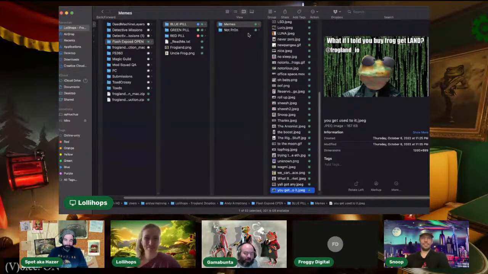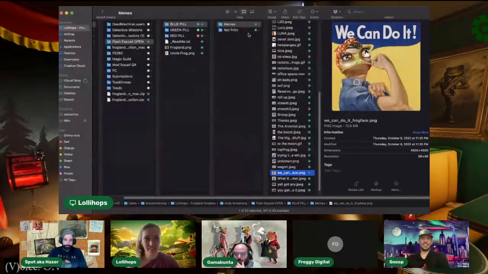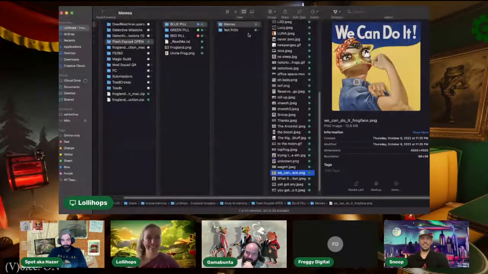So that one, if you go a couple back, I actually love that image. No, one more, but yeah, the We Can Do It. I've got that, obviously not with Frog, but a really high quality tin one in my mom's house, which we've always had around the house. And now I'm thinking I should get a proper tin one of that done. That would be Frog. Excellent.